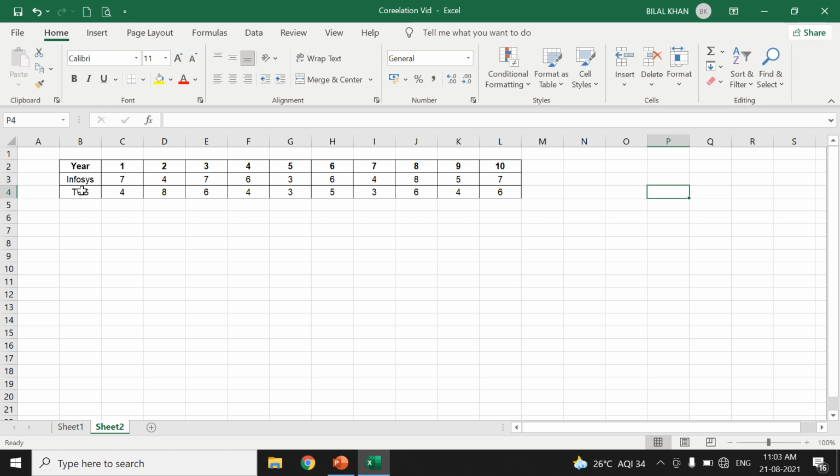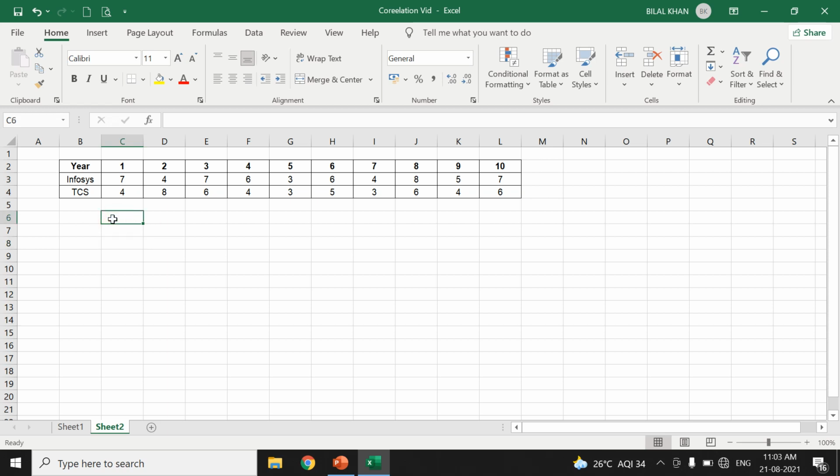The relationship could be amongst two different variables. And the data is, as you can see, in the form of rows, not in the form of columns. So you have Infosys here, and then you have the data which is like this. Similarly, here in this example, we can use both. Again, we can use the correlation, that's not a problem.